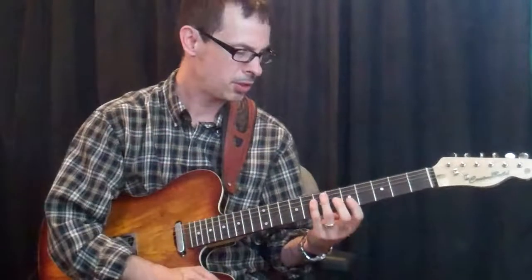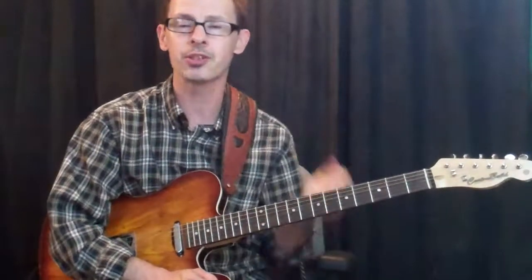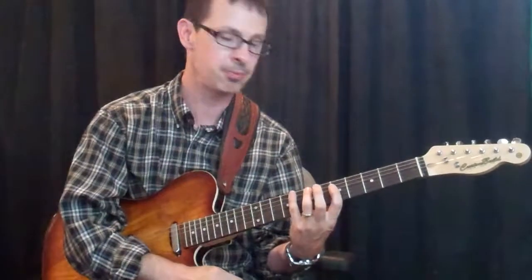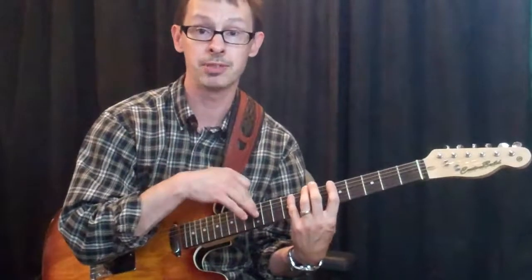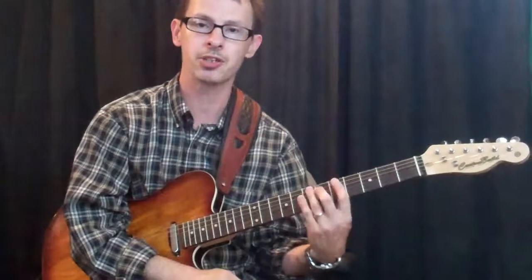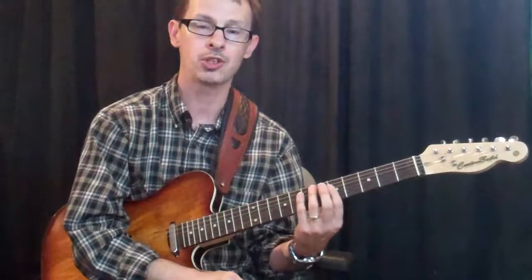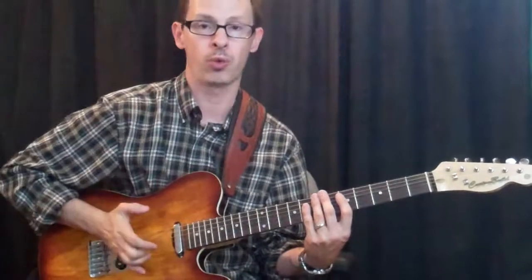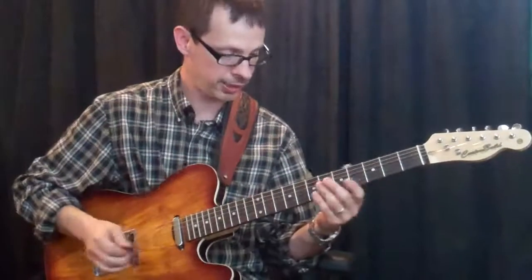Now, your left hand, your first finger is going to be doing most of the dampening. Your other fingers get involved too, but your first finger is used an awful lot here. Your first finger lays down across those strings and mutes those higher strings, your high E, B, and G string, and sometimes even your D and your A string. So you want to keep that in mind. You're going to lay your first finger down to control the unwanted noise, dampening those higher strings, and your right hand is going to be used primarily for those lower strings. So if I just play a little lick here,